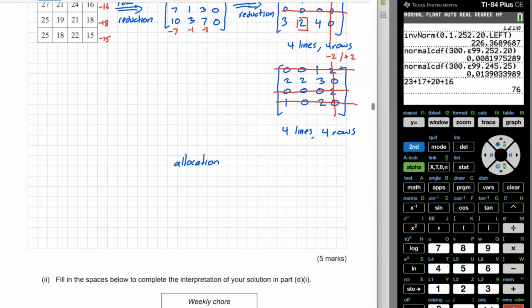Now there's a couple of ways that we can do the allocation, and I'm going to do both, just so again, I know a few of you prefer each of the methods. So I'm going to bring down my matrix above, or I could bring down my original if I wanted, but I think I'll just stick to